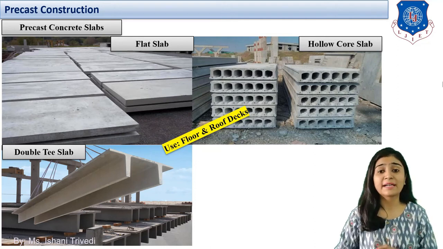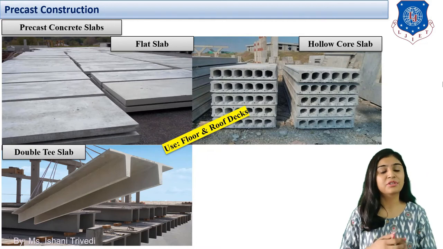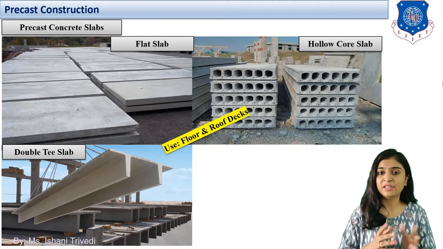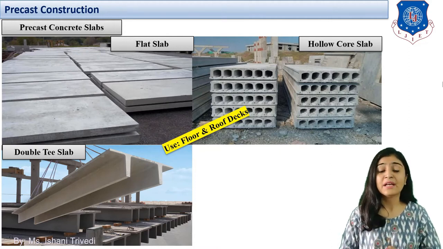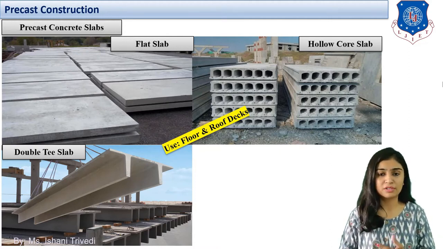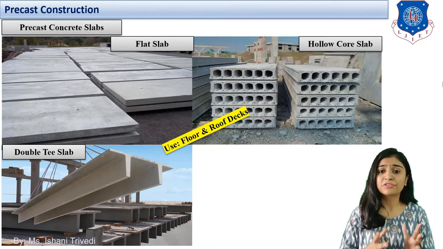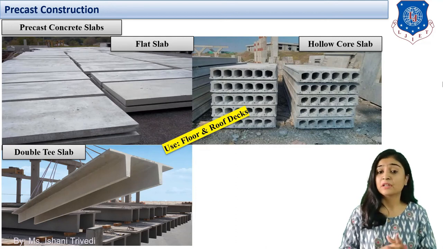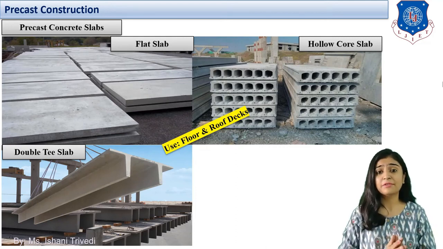Where can you provide the flat slab? You can provide it in any kind of building, say residential, institutional, commercial, public building, office building, everywhere flat slabs can be constructed, and it is one of the simplest types of construction in different types of precast slabs. The second which we have is hollow core slab. Now it is one type of a floor, right? Hollow floor or ribbed floor is one type of a slab or a floor in which hollow spaces will be left inside. Now what is the major benefit of this type of construction?